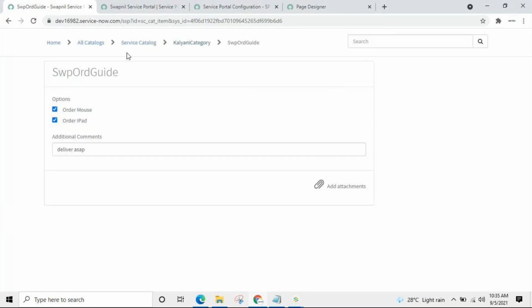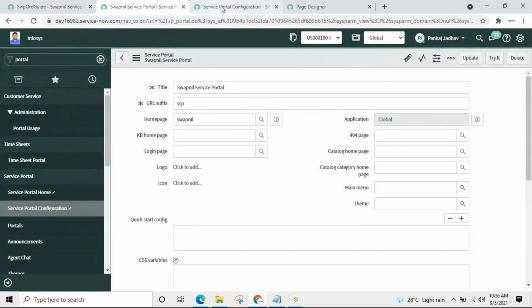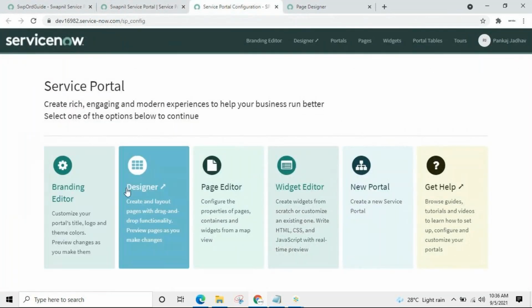We are somewhere close. But in short, I wanted to show you we can display our record items, record producers, order guide through our custom portal, as well as we can modify the existing service portal to give such links. It will be displayed. All right. This is all about it. And one last thing I want to show you is